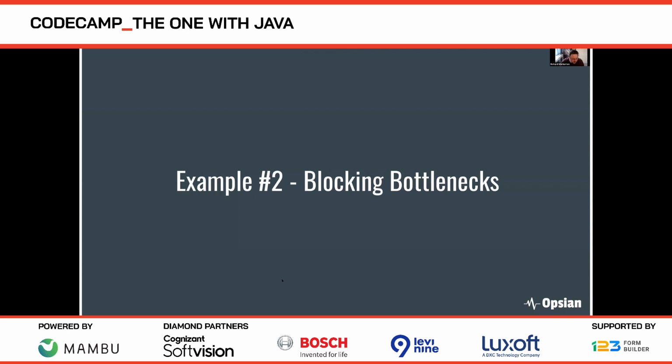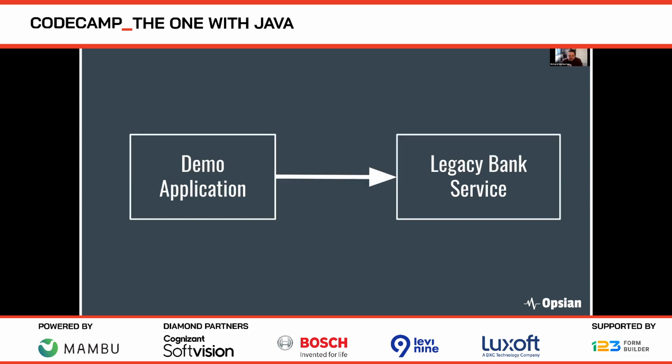So I'm going to look at another performance optimization example here, blocking bottleneck type problems. People often think profilers are quite good at finding CPU-bound performance problems, but maybe you're in a situation where you have a lot of performance problems that aren't CPU bound. They are situations where you're waiting for external services, a database, I/O. So what can a profiler offer you in those situations? Can you still apply the same methodology? The answer is yes, but you need to think about what you're measuring a little bit differently.